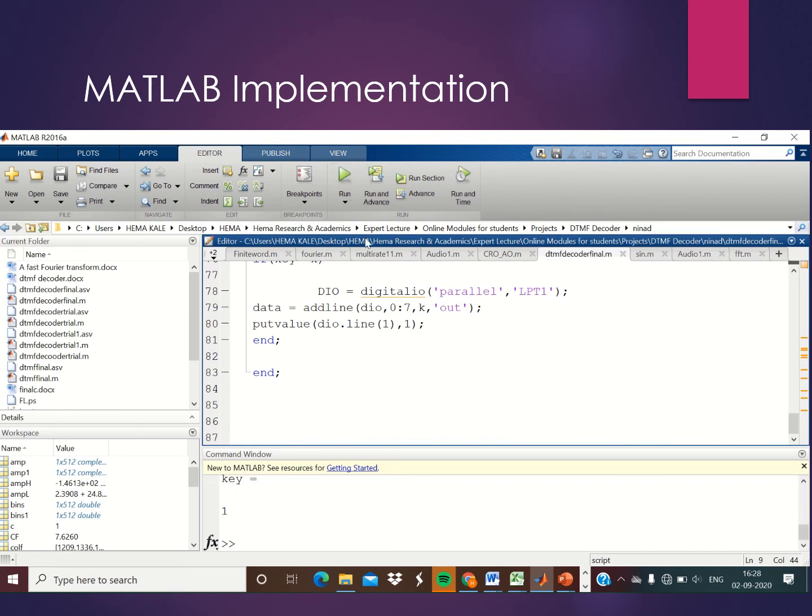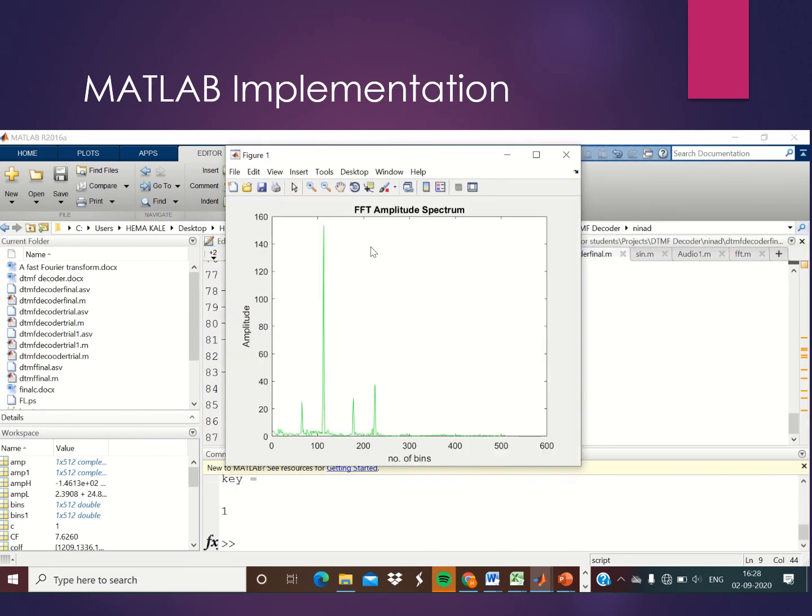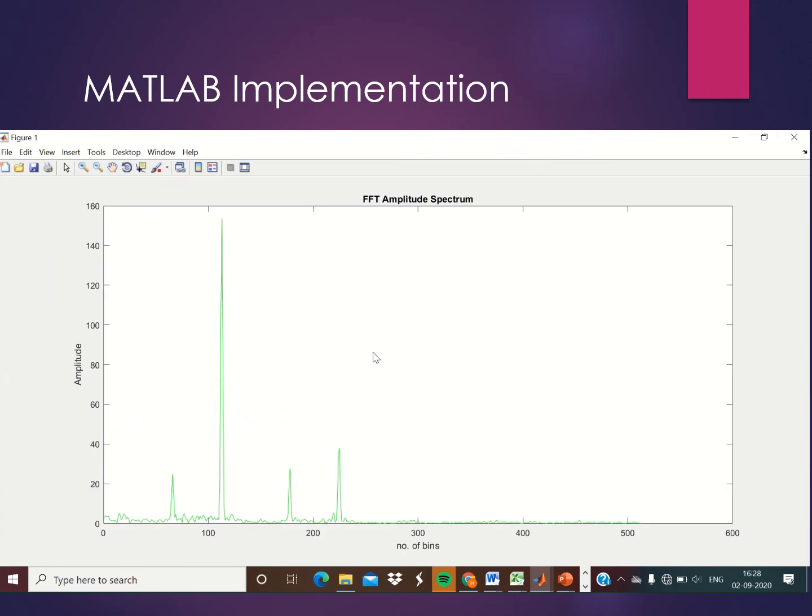So here I am running the program. And you can see the FFT plot. This is the FFT plot of our audio signal for key number 1 of your telephone. So this is the maximum peak and this one is the minimum peak: highest frequency, highest amplitude and lowest amplitude.